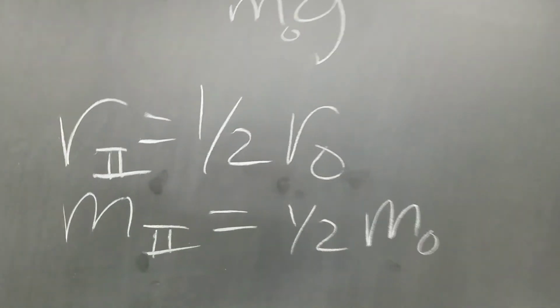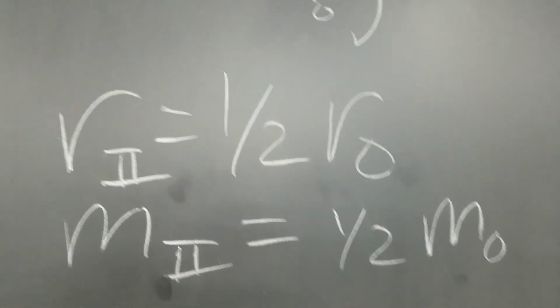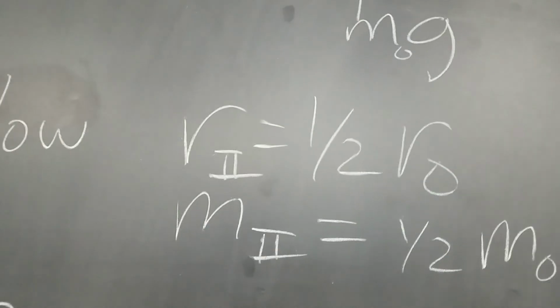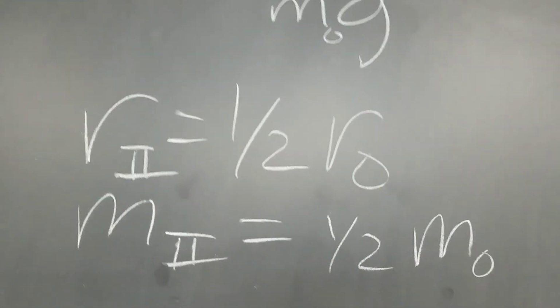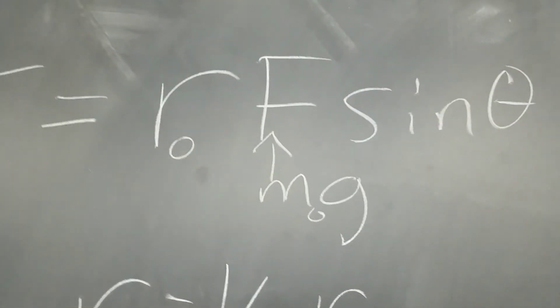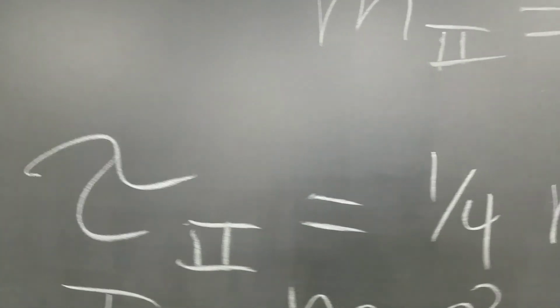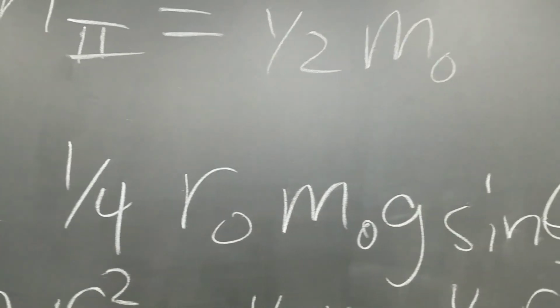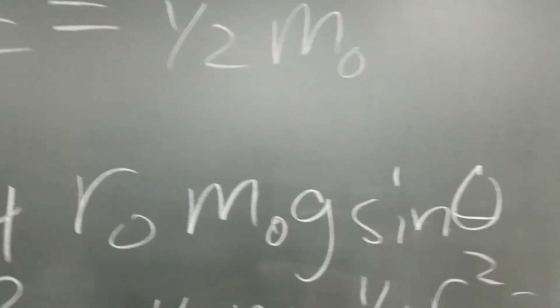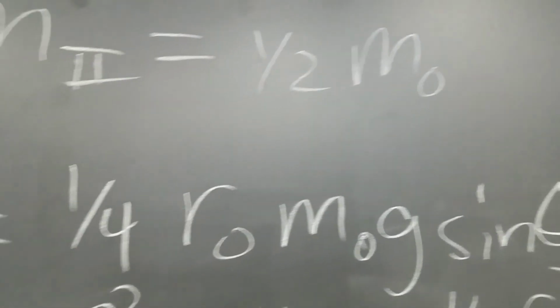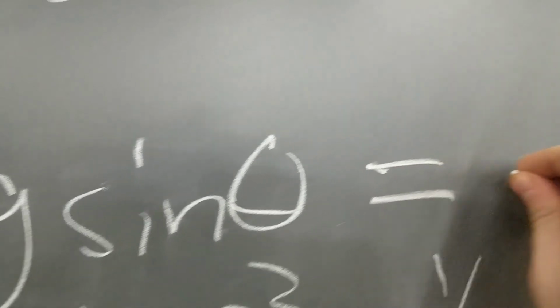So now if I actually put this into the torque and calculate it, I would have 1/2 and 1/2 in my top equation there. 1/2 times 1/2 gives me that the second torque is 1/4 of my initial radius and our initial mass. So the torque is really going to be equal to 1/4